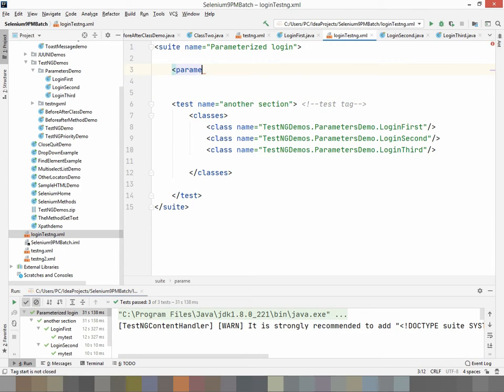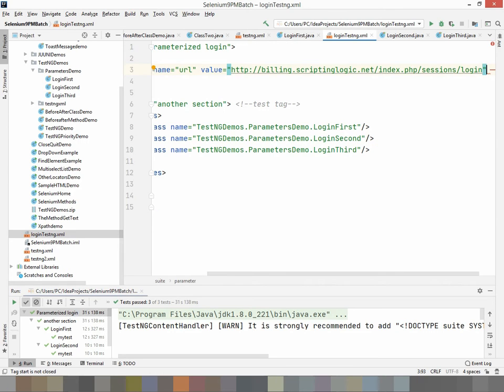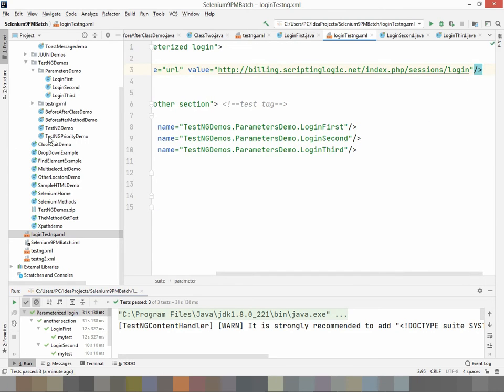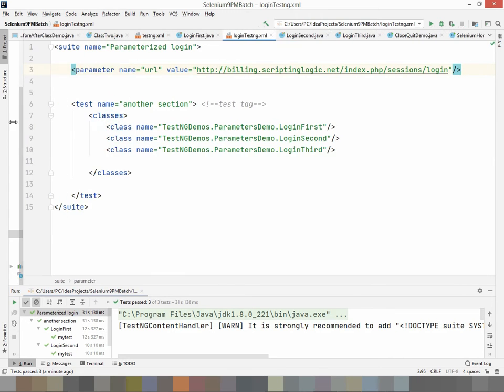Parameter, let's say name is equal to URL, then value is equal to, now this, I'll put this value. Self enclose.